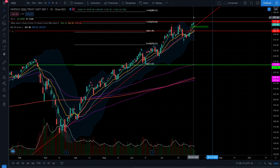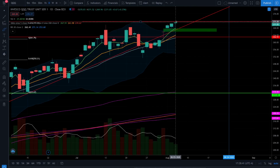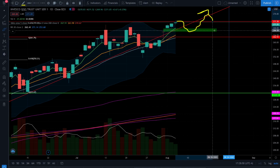Now, if the whole entire market starts to sell off, I wouldn't expect tech to continue this run up and close this upper price target. However, tech still has time to come down and close this lower gap and cool off a little bit before making another run up to that $280 level. Now, it's going to take a lot of bullish sentiment to get way up there at 280, but right now